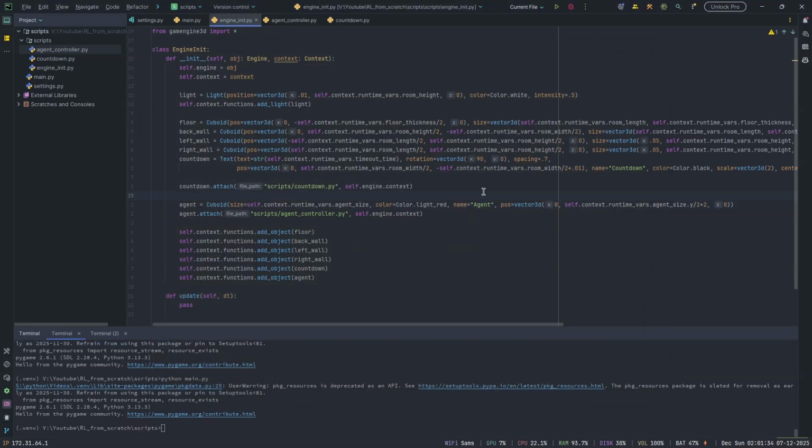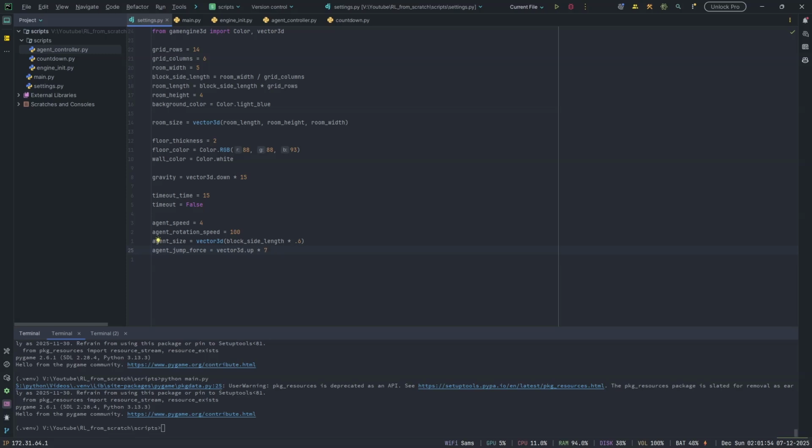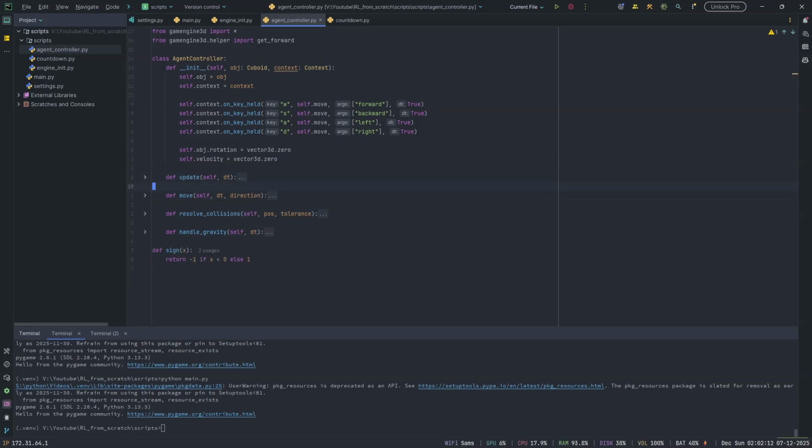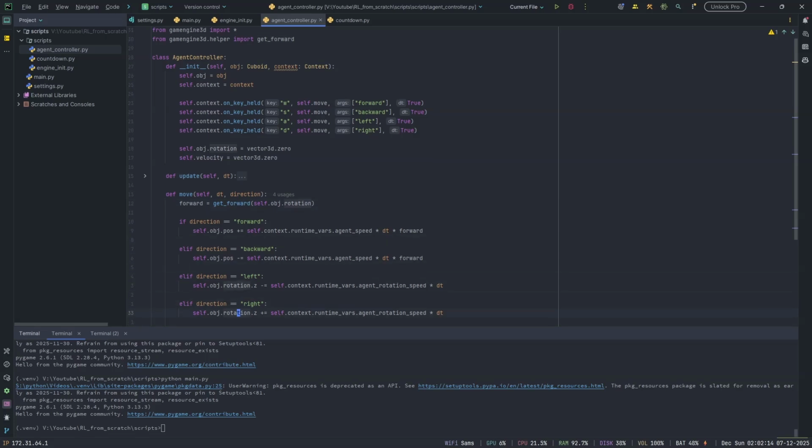Now we just have to implement jumping, right? That's all we have to do. So I'll just delete this. Now in settings, we have already defined the agent jump force, so basically the force when it jumps, we already defined that here. And then we'll go back to agent controller, and we'll close all of these. So we'll just do this, and then in move, we'll say